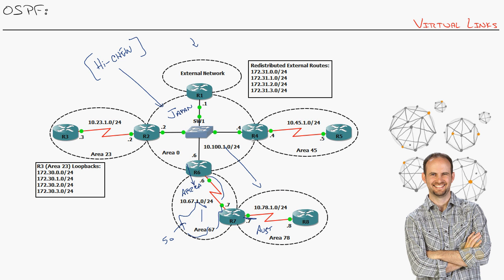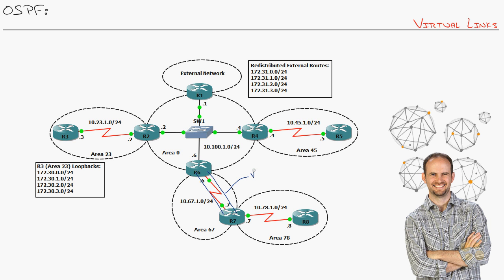Now, how do virtual links work? Well, virtual links work by tricking the system. Essentially, router 8 and router 7 need to believe they're directly connected to the backbone of the system. So the way that we can do that is essentially by creating a tunnel. Think of it like a VPN tunnel of sorts from router 7 to router 6 to make router 7 actually